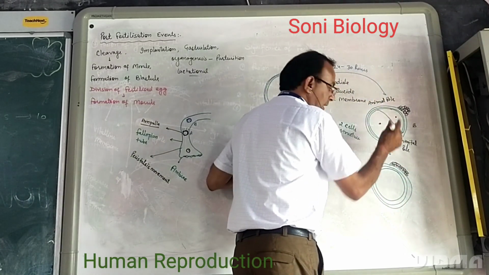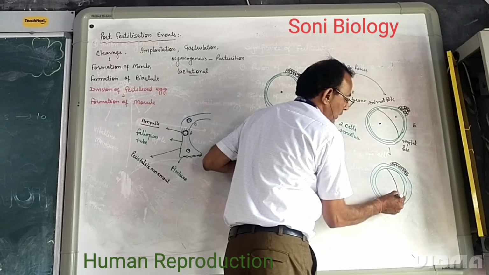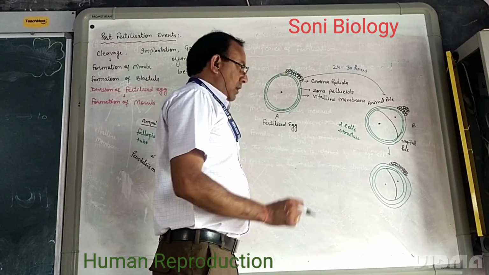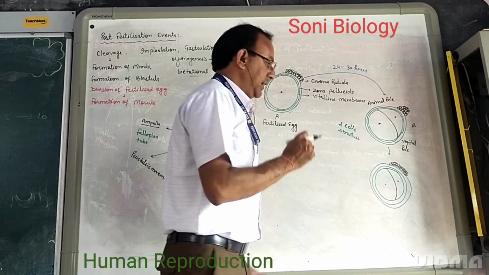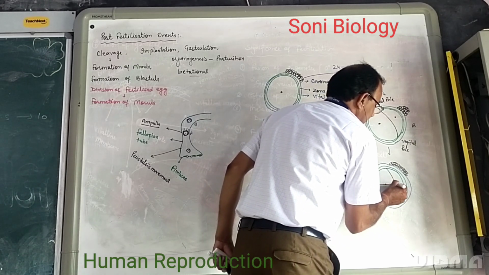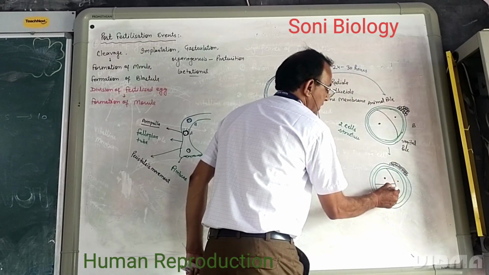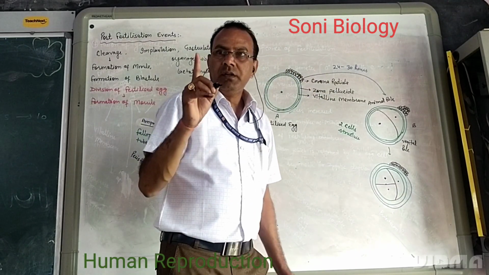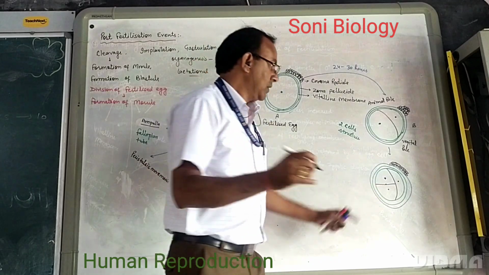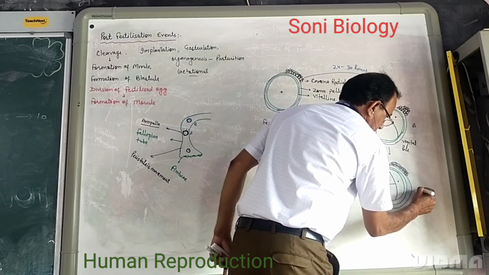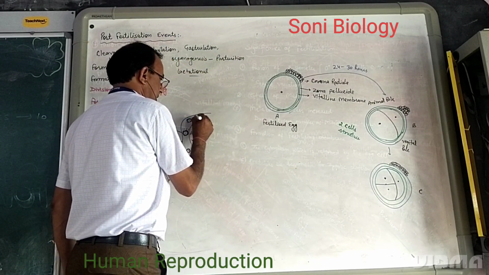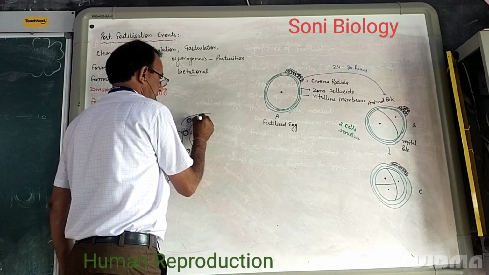First, we discussed in the B part two divisions, and two unequal cells are produced. This is the first and this is the second. A few hours later, one more division can take place through this nucleus, and a three cell structure is produced, with the division in the largest cell. Again, this is the C phase, the three cell structure.